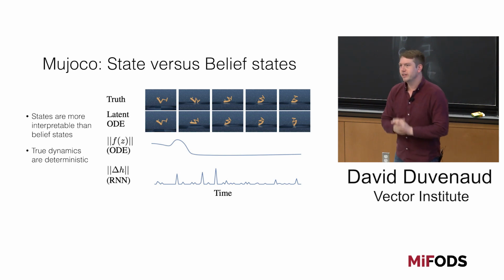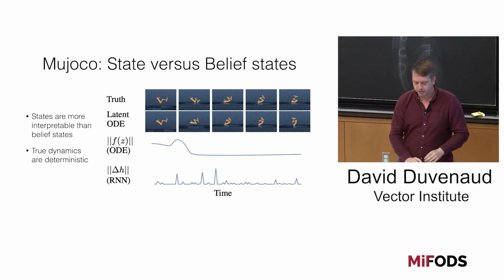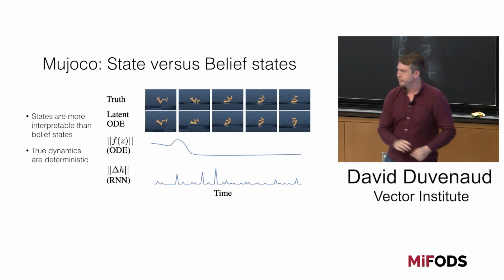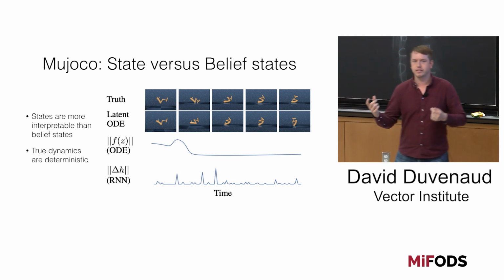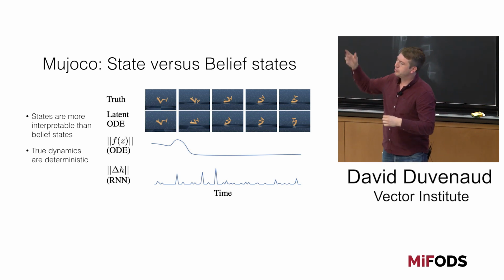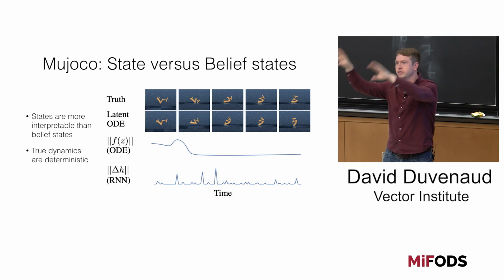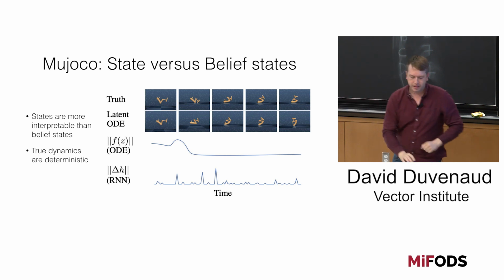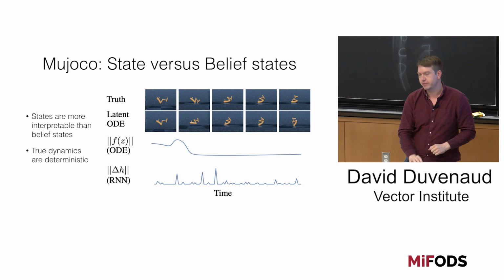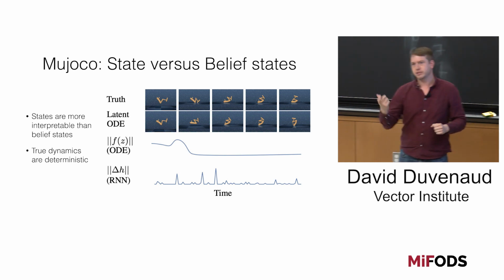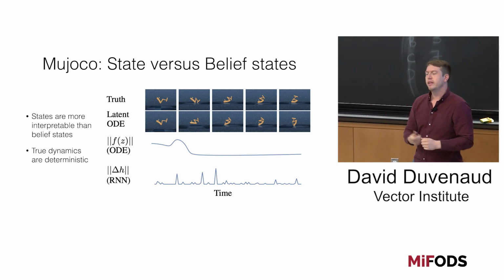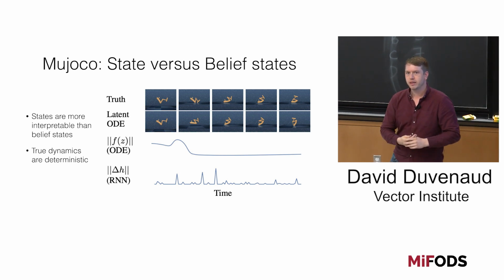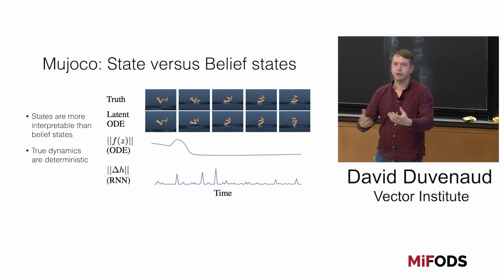Okay, so this model works pretty well when we're actually modeling deterministic systems. As a toy example, we said, let's take the MuJoCo physics simulator and take a little hopper guy, start him at a random position, and then just let the dynamics happen. And one nice thing about these latent variable models is that the latent state is a sort of meaningful quantity, at least according to our model, in a way that the hidden state of a recurrent neural network is, I would say, not.